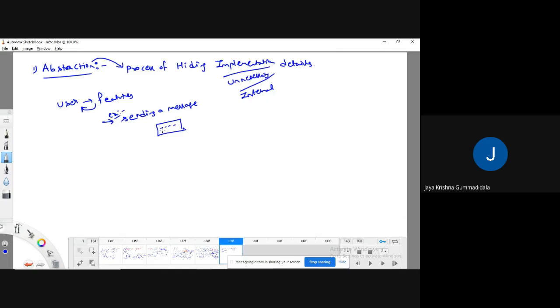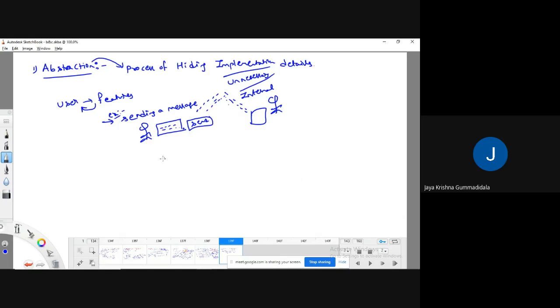In that box, you are going to type something, and you are going to click on a send button. That's it. This is the feature required for the user. But the user won't think about how this message is delivered to some other person. We should not show that to the user. The user should not know. That defines an abstraction.